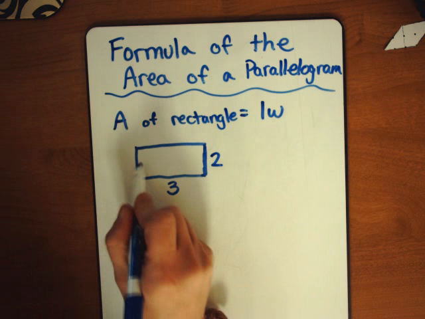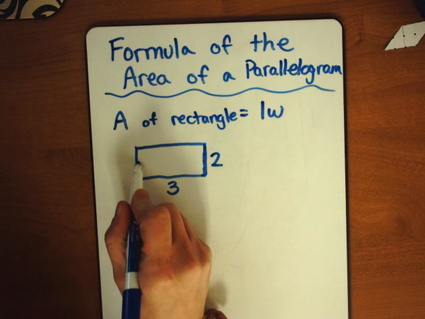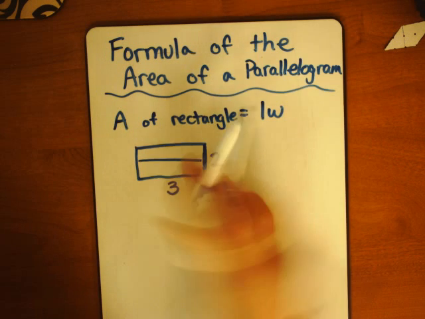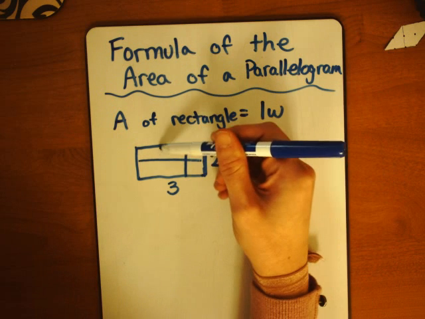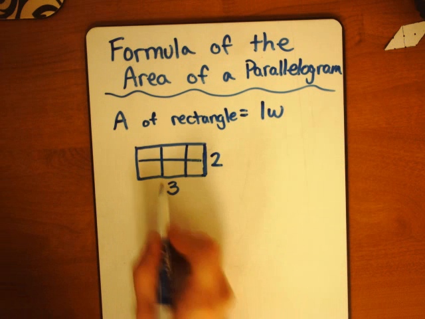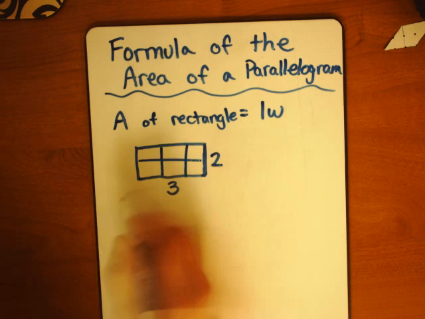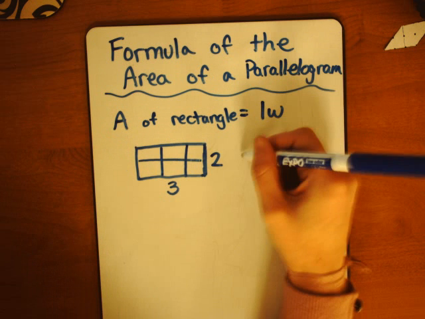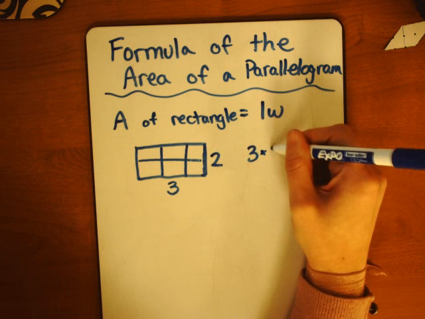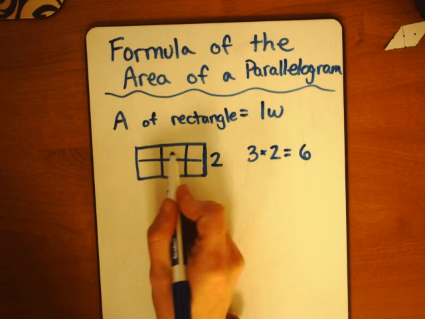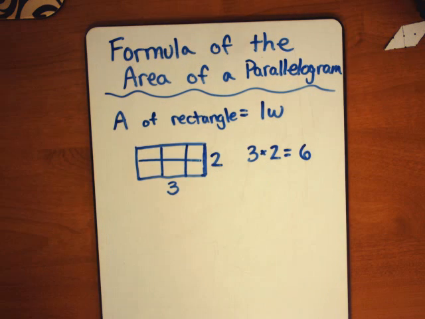Okay, so if we were to think about how many square units are in there, we could draw those squares inside of there, and we would multiply 3 two times, right? The length times the width, which is equal to 6, or 1, 2, 3, 4, 5, 6, right? So we want to remember, though, the formula for the area of a parallelogram works a little bit